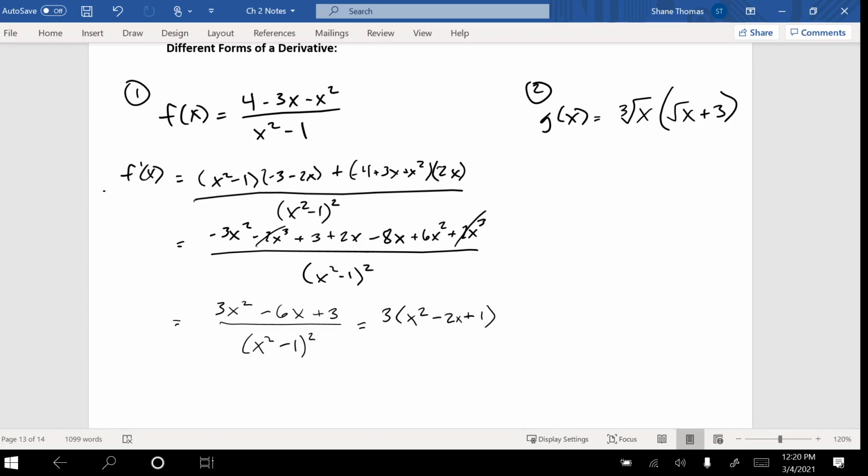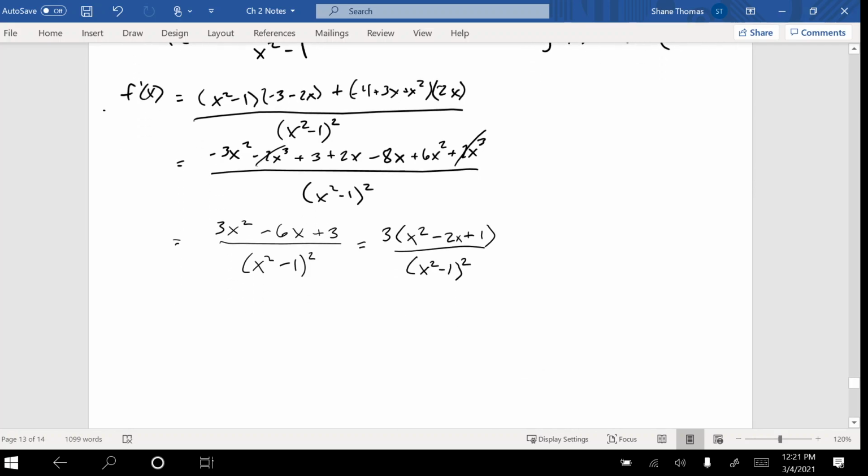So 3 over x squared minus 1. So I factor it, it's going to be 3 times x minus 1, x minus 1. And the bottom is going to be,